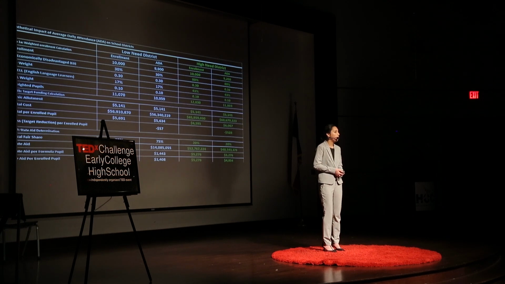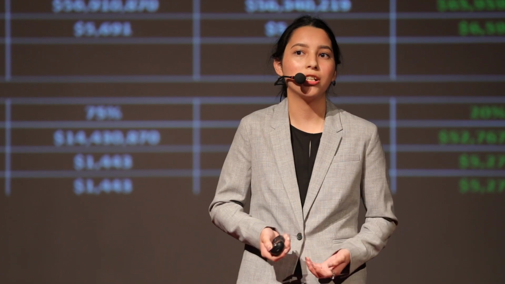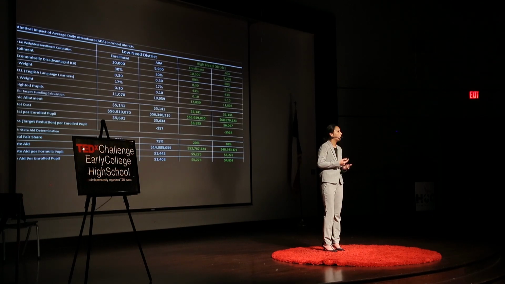You may be asking yourself on the relevance of this topic, and trust me, I once thought the same. But this also needs to be said. 7 states outside of Texas also use some form of ADA funding. These states include California, Idaho, Kentucky, Mississippi, Missouri, New Jersey, and Illinois. And though these numbers may seem small, these states account for roughly 1/3 of enrollment at the national scale. 1/3 of all students attend these school districts.